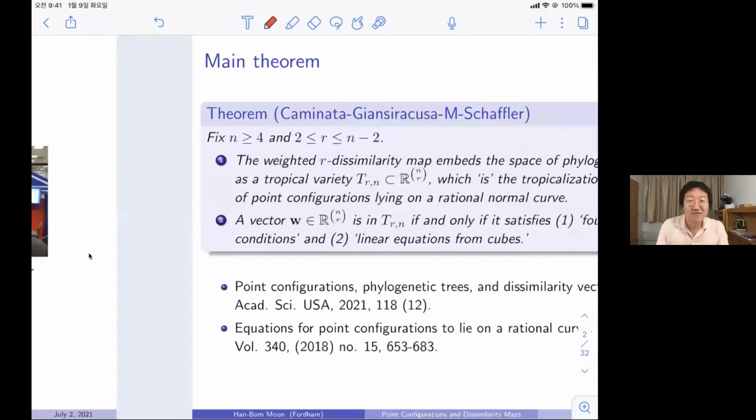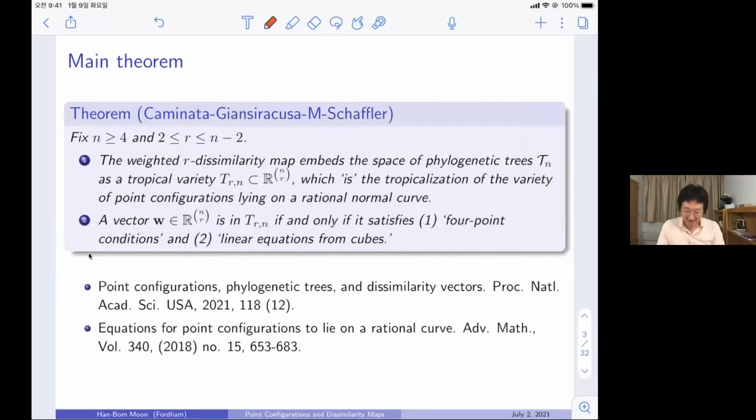Let me start with the statement of the main theorem. I'm going to explain the main object and all of the terminologies later, but here is the main theorem. Let's fix the numbers n and r, where r is between 2 and n minus 2. Then the weighted r-dissimilarity map embeds the space of phylogenetic trees. Of course, I'm going to explain what it is. It has a tropical variety, which is the tropicalization of the variety of point configurations lying on a rational normal